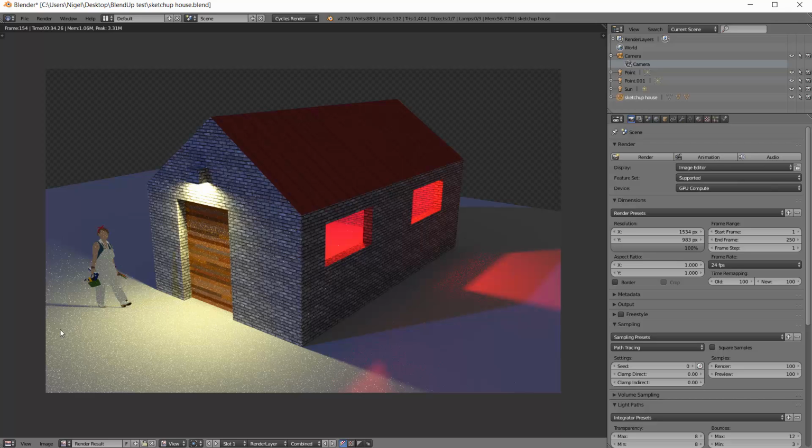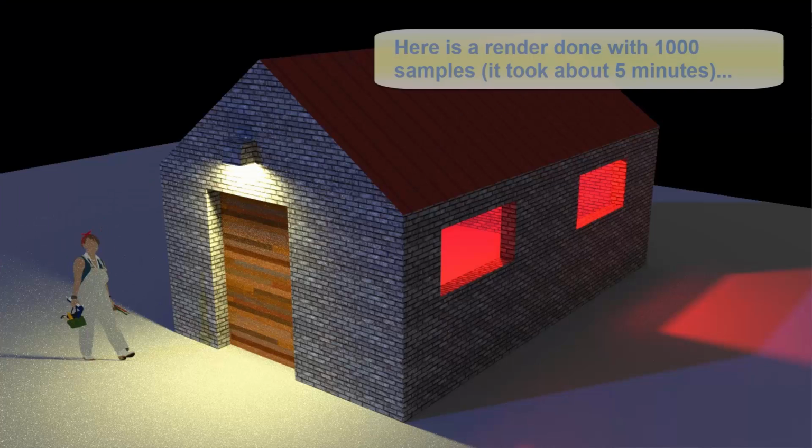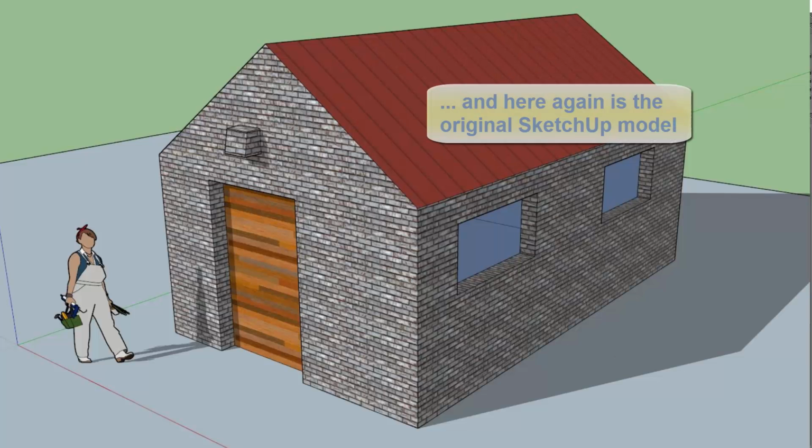That's the final render. Some visual noise because there's only 100 samples, but I like the effect, the kind of effect you can't get at all in SketchUp itself, and I think this is a good solution for getting a rendered effect with